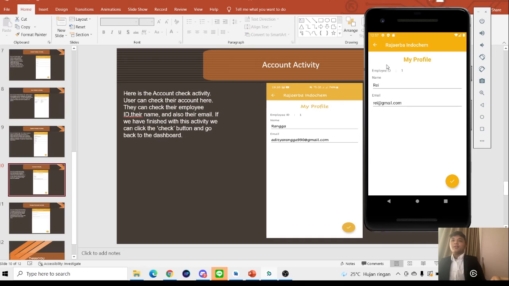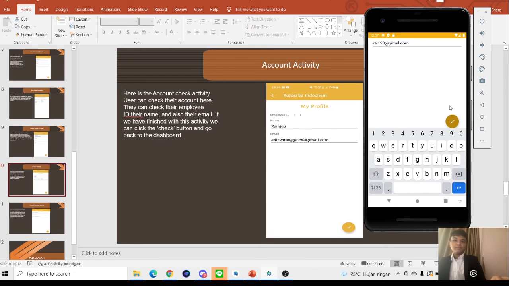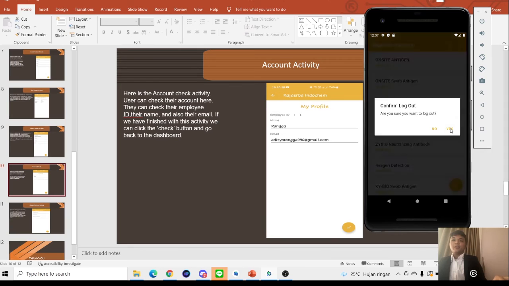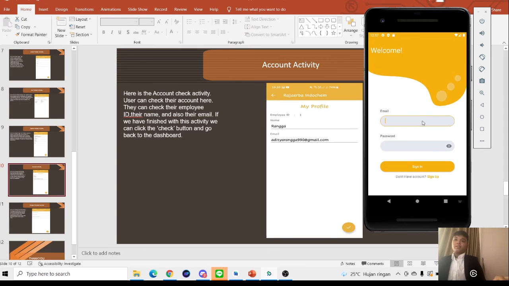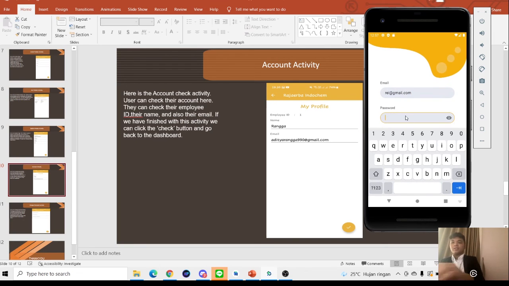Here we see the employee ID is 1, the name of the employee that login, and then the email we have registered earlier. If we change the email to, let's say, Ray123, and then click the check button, if we log out, and then we use the old email, we cannot log in to the application.